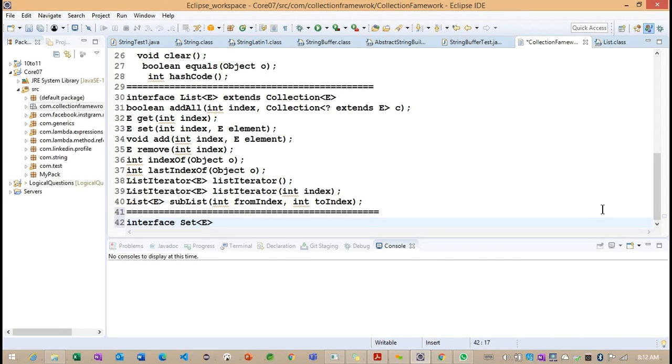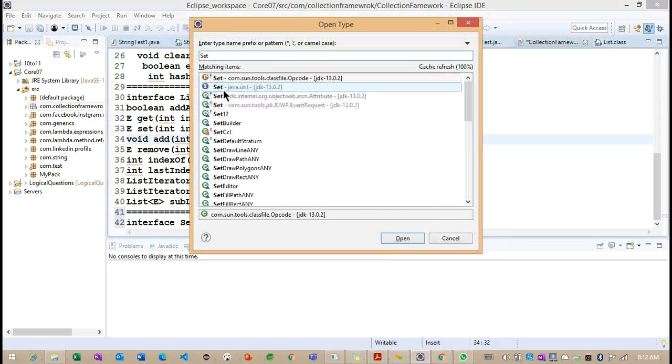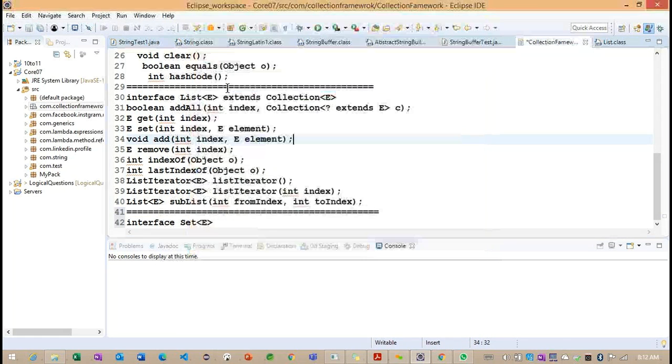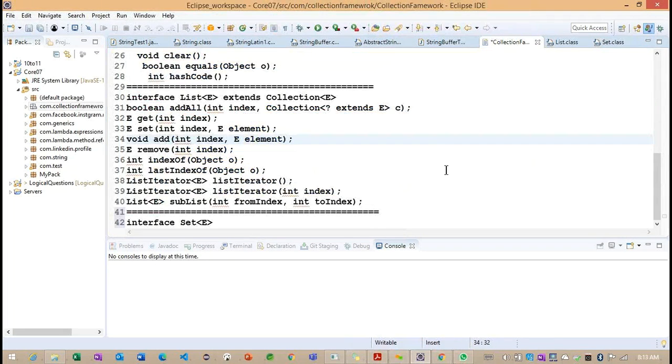Set is also a generic interface. Now understand, the Set interface is available in the same package, java.util. This particular interface is extending from our Collection. This interface also is extending from our Collection.